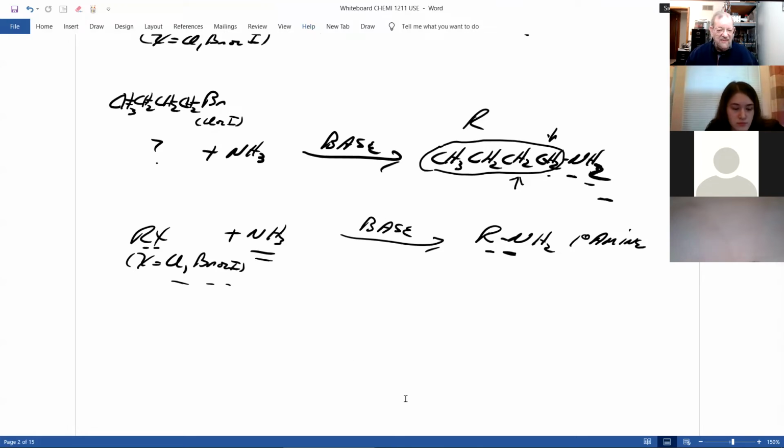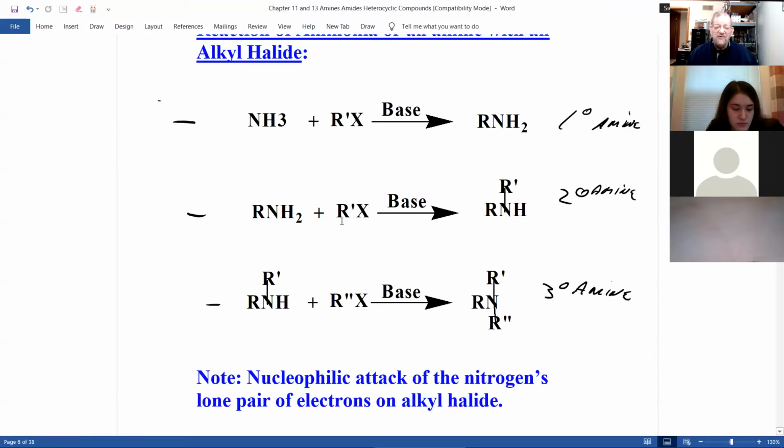Now let's go back to my too busy, overcrowded slide. Once you have a primary amine, what can you do with it? React it with the same or different alkyl halide. That's what this is called, alkyl, R group, halide for halogen, with base. And now we make a secondary amine. So a primary amine